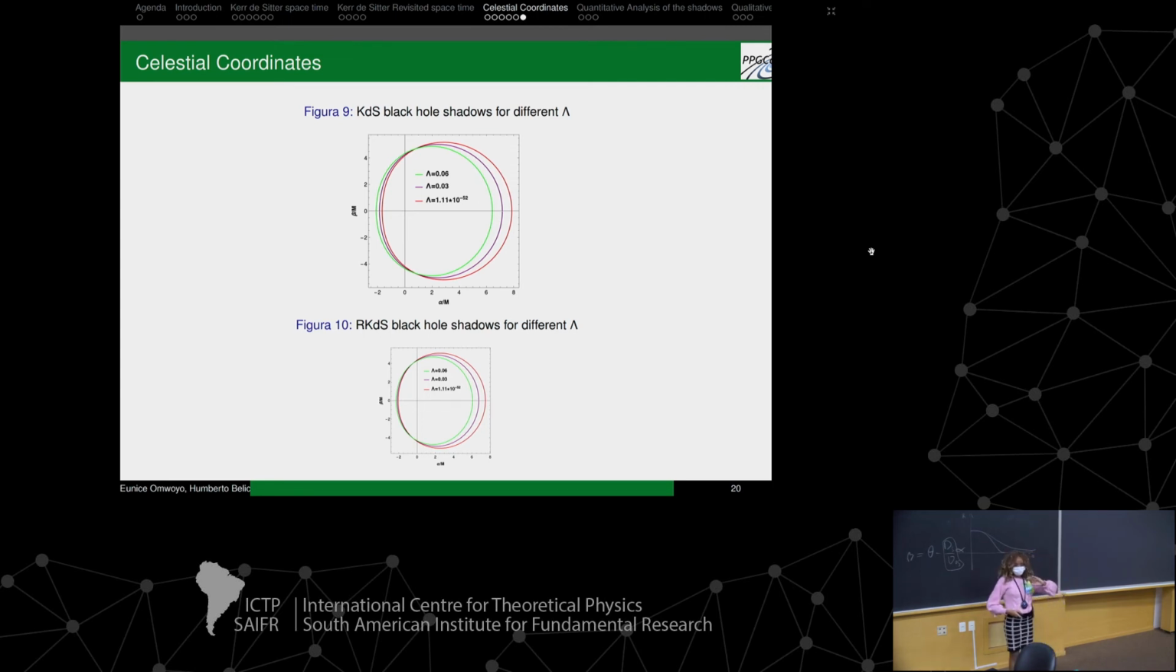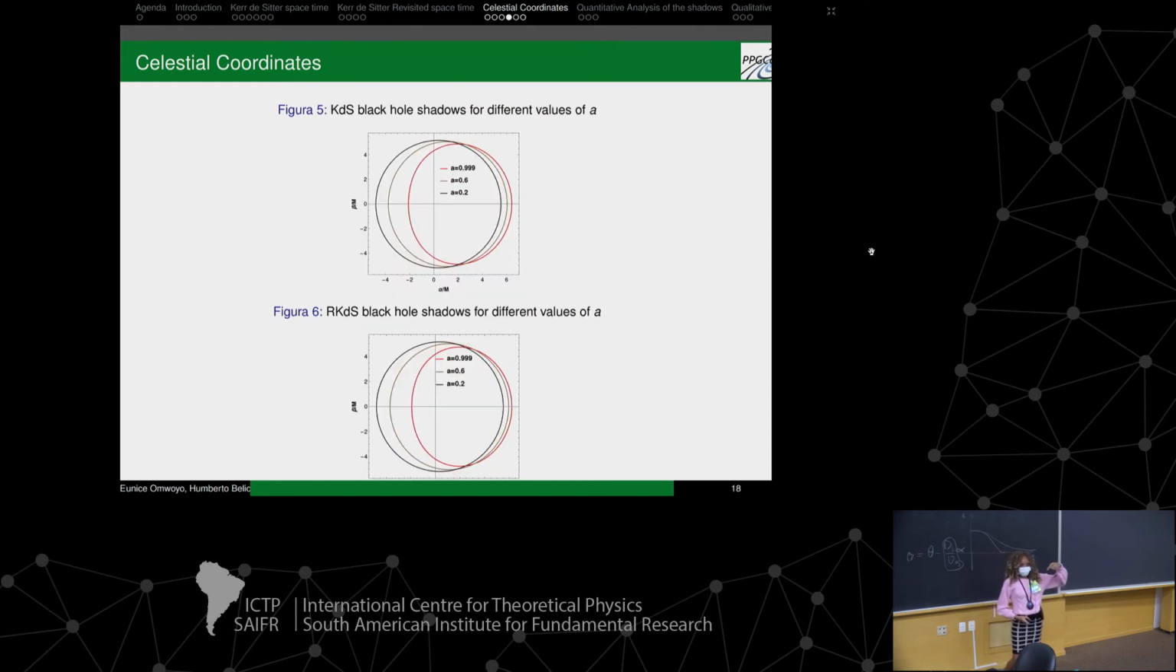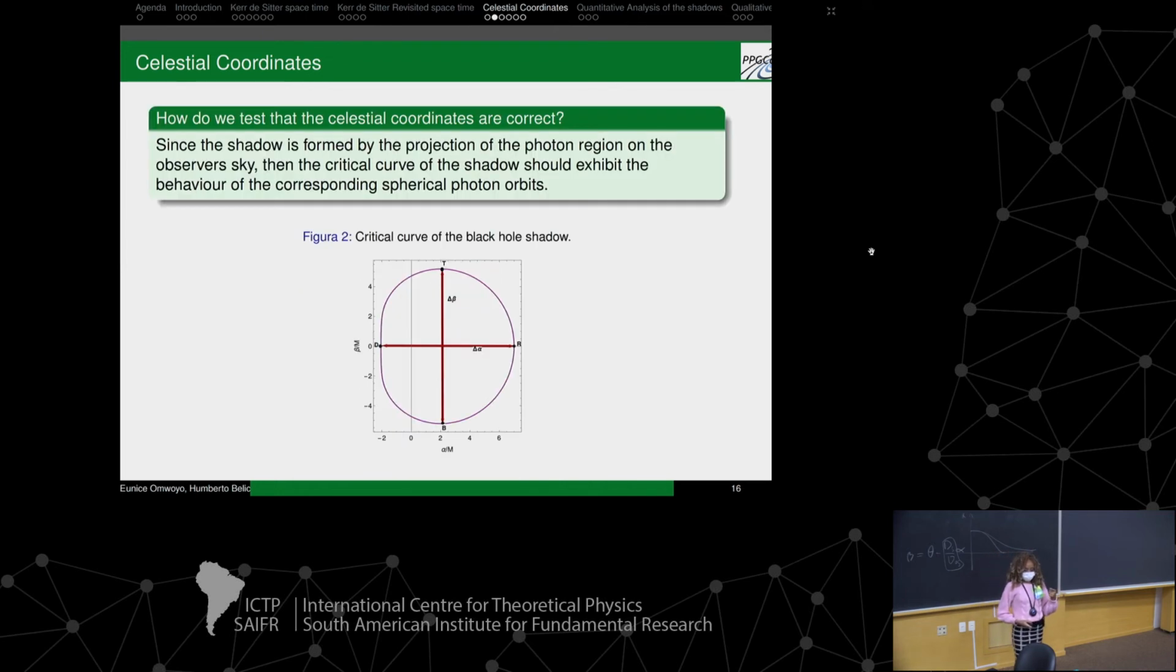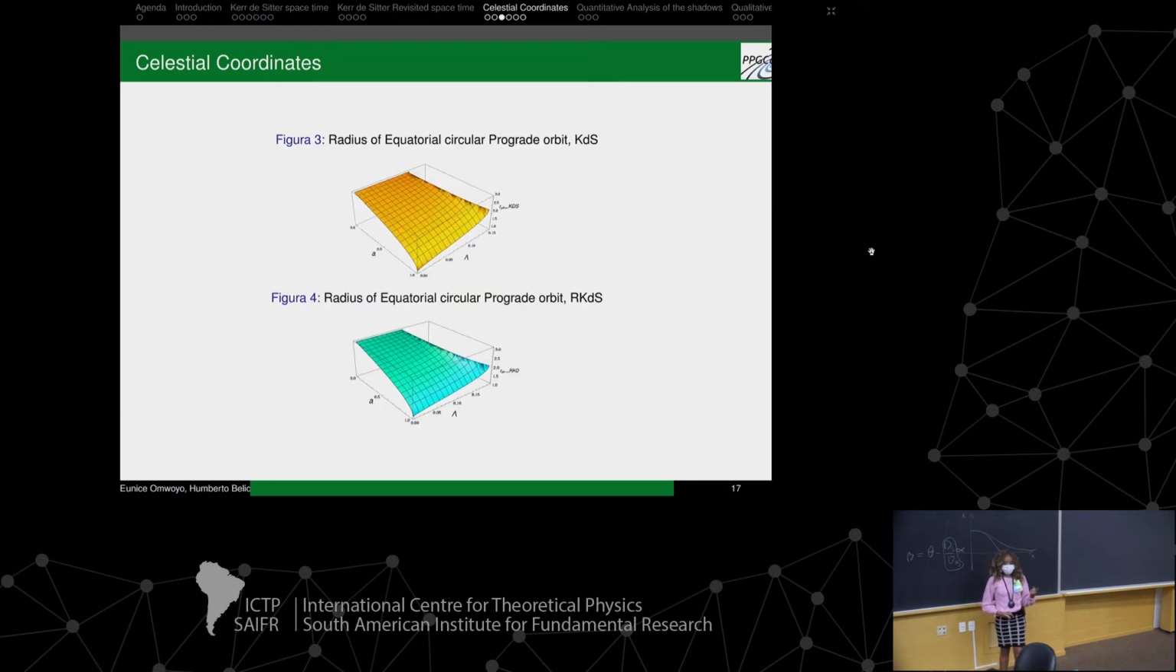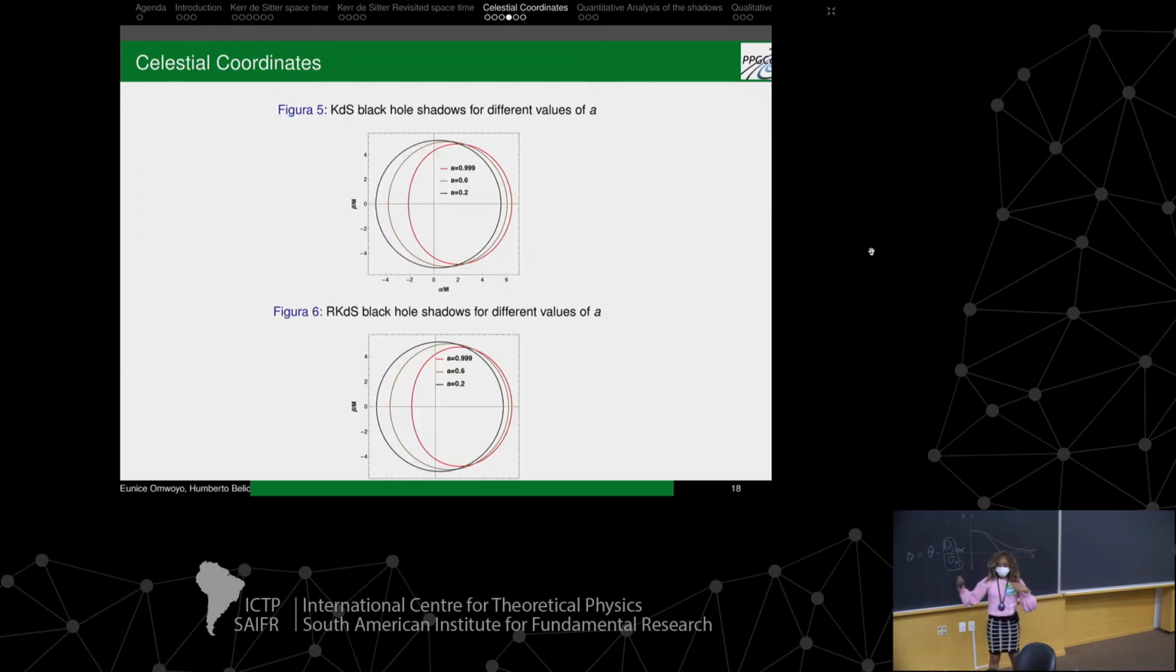So we analyzed the behavior of the radius of the photon orbits, and we found that using the celestial coordinates that we obtained, the corresponding shadows were showing this behavior. So that was our proof that, okay, whatever you just derived, it's not invalid. It leads to